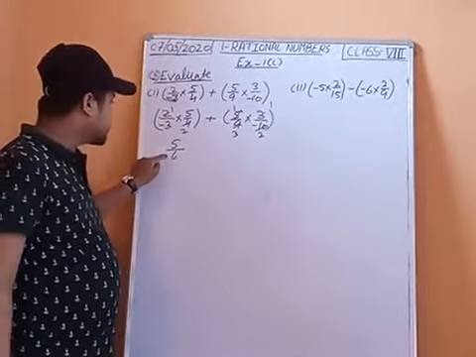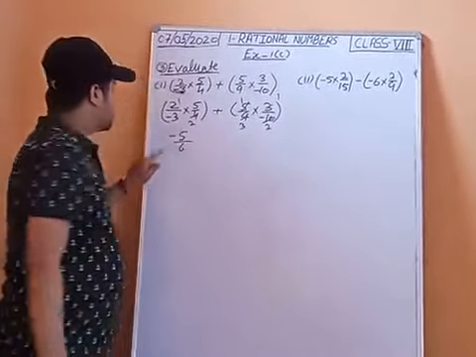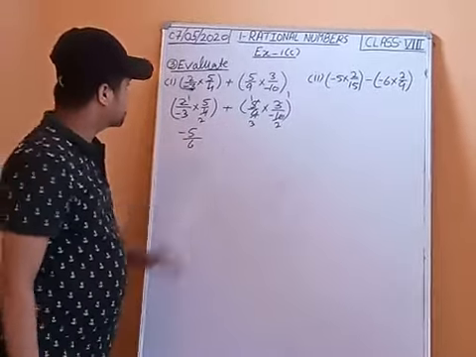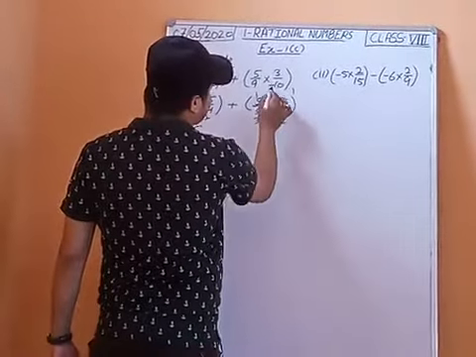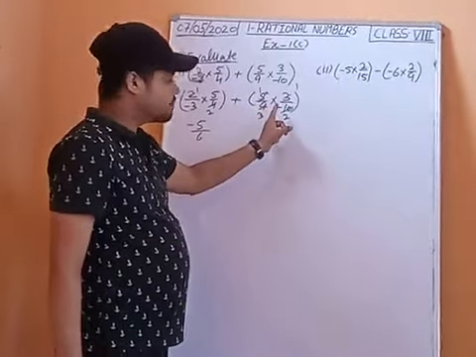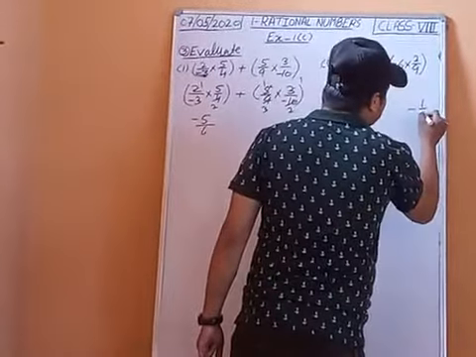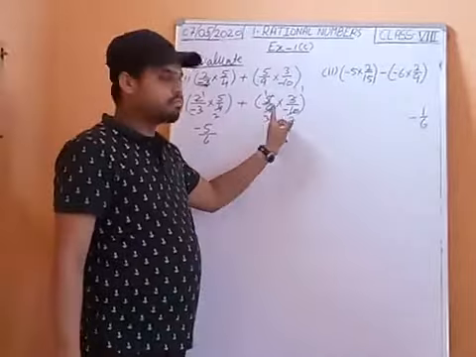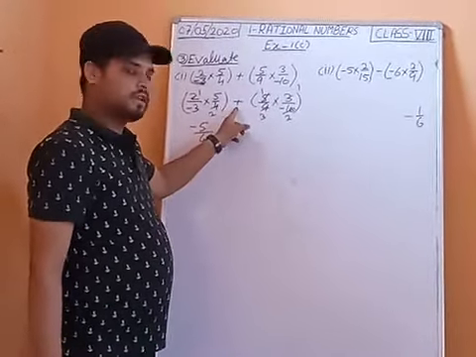So we will not write it with 6, we will write it with 5. This minus sign we will write with 5, not with 6. Now here 1 1 is 1, 3 2s are 6. So 1 upon 6. Here plus minus, so plus minus is minus 6. What are we getting? Minus 1 upon 6. This we are getting. 1 1 is 1, 3 2s are 6. So plus minus is minus 1 upon 6. And outside the bracket is a plus sign.